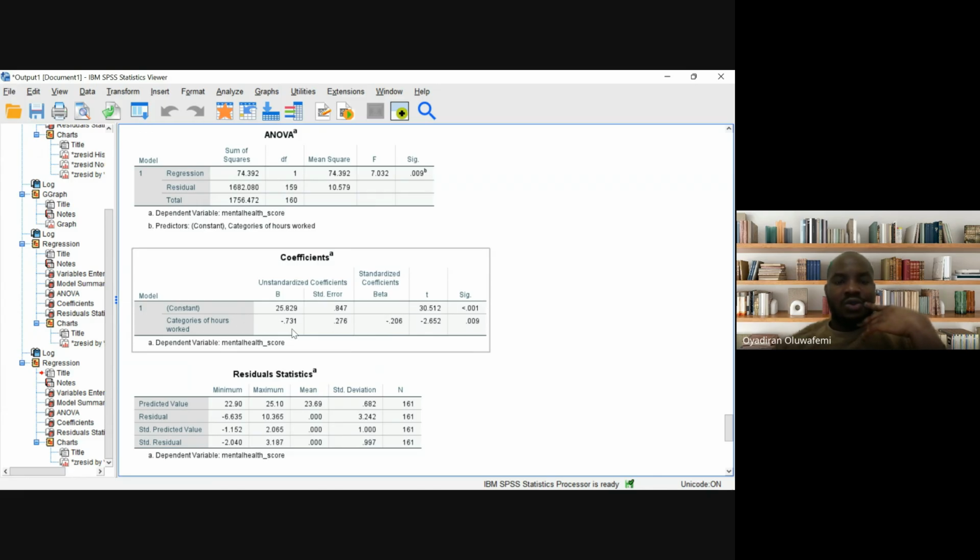Categories of hours worked, that is our slope. And the slope, again, like we mentioned earlier, is the unit change in your dependent variable, in this case our mental health score, with a unit increase in number of hours worked, our independent variable. And in this case, it is minus